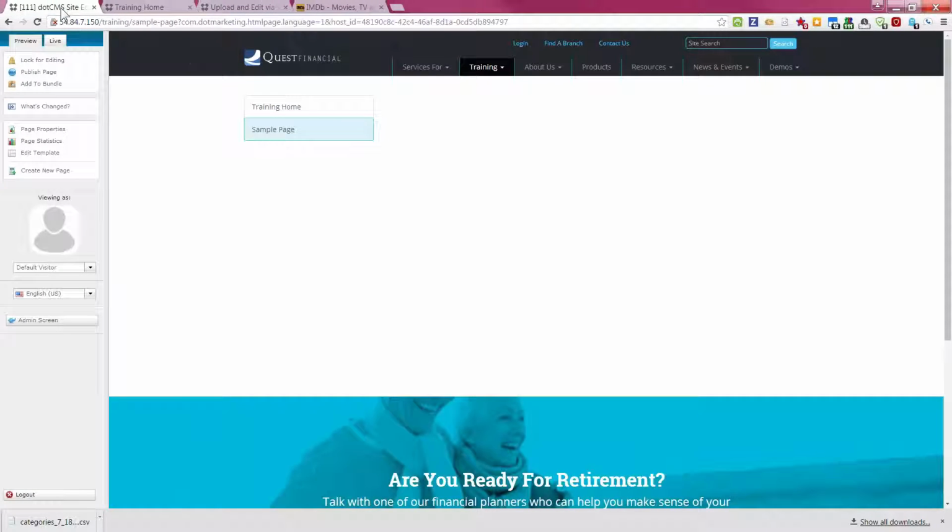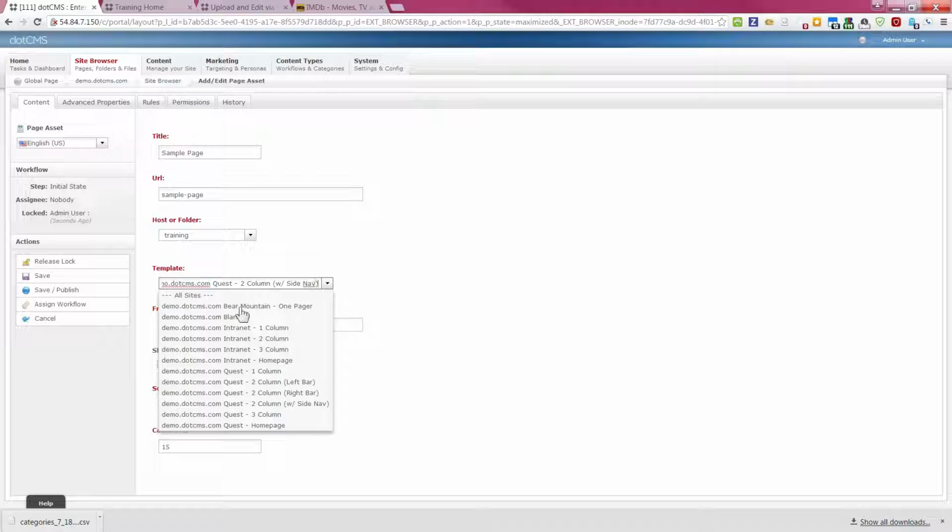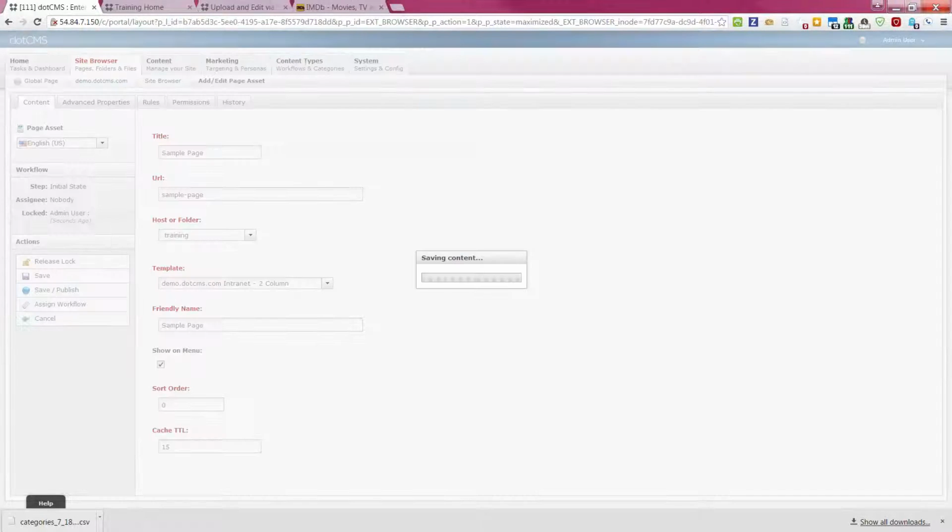So if I go back here again and I look at this particular page, if you remember when I selected my page properties and I selected my template for the page, if I look at this templates, I have a choice of many different templates here, and I chose one specifically that has a side navigation. There are many other templates that do not have a side navigation. If I change this to, let's say, an Intranet 2 column, and I save and publish,